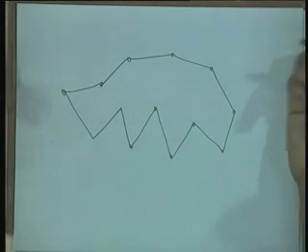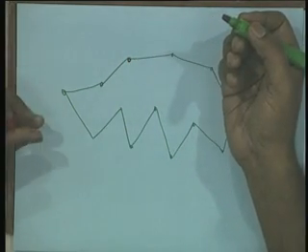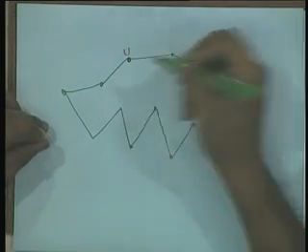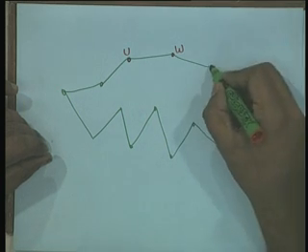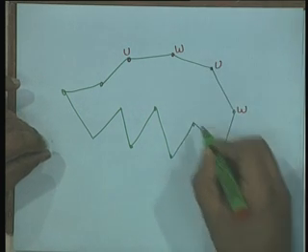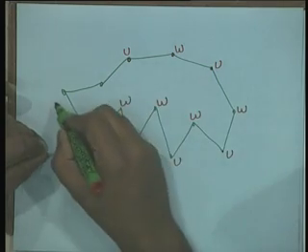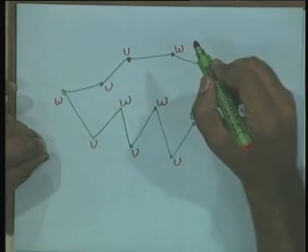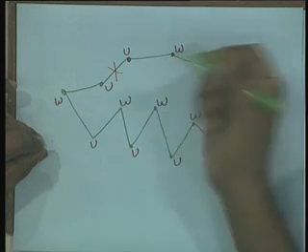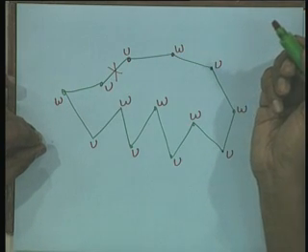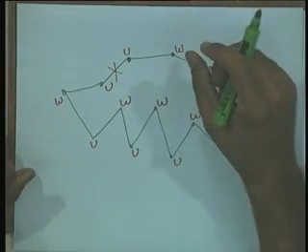So proof by contradiction. Suppose the graph is bipartite. So what will happen? Suppose this vertex is either on the U side or on the W side. Suppose it's on the U side, then this vertex has to be on the W side. Then this has to be on the U side. This has to be W, U, W, U, W, U, W, U, W, U. Then there is an edge between U and U, a contradiction. So if there is an odd cycle in the graph, the graph cannot be bipartite. I started with a U, but this could easily have been a W, and you would have two adjacent vertices which are both labeled W.